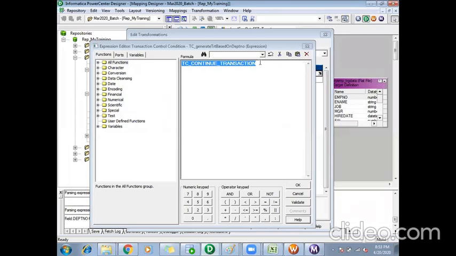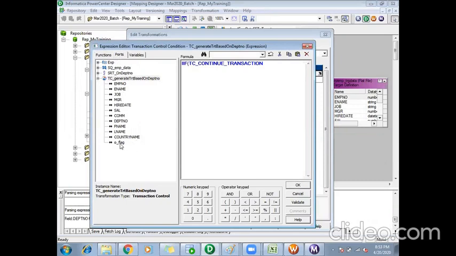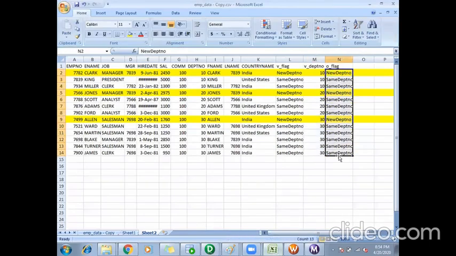Instead of just saying TC_CONTINUE_TRANSACTION, which will just pass through the records, I'll use the values we have generated for this O flag in our expression transformation. This O flag will hold either the value same department number or new department number for each of the records. These are the two values which might be present in this O flag port, right?